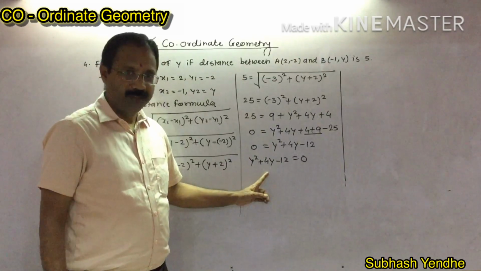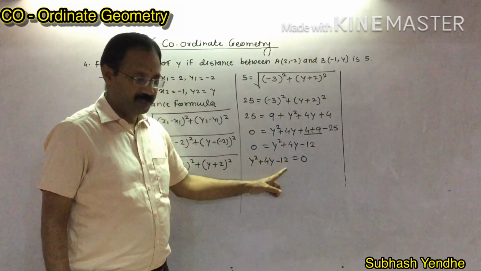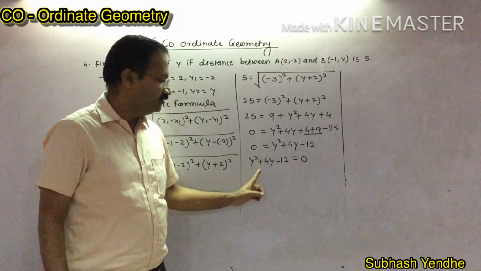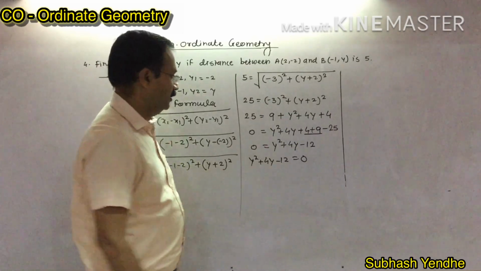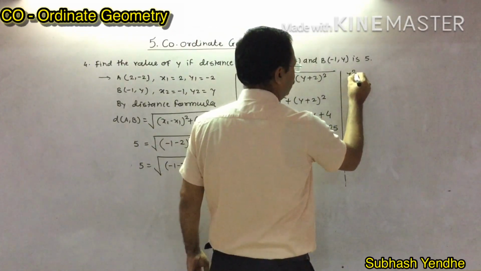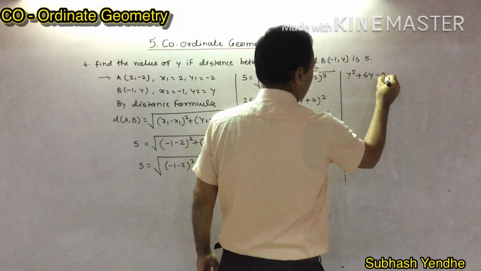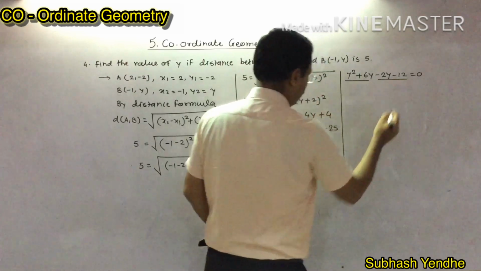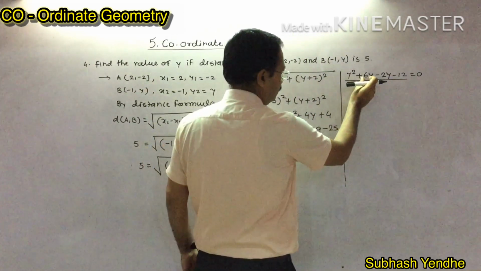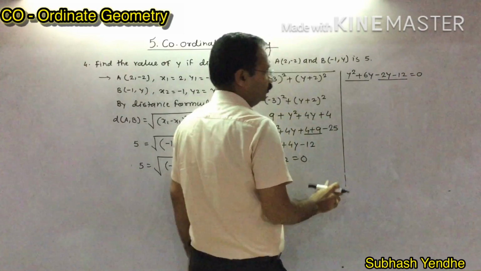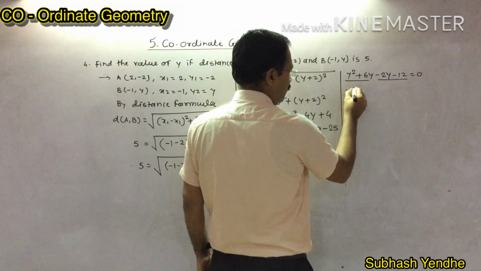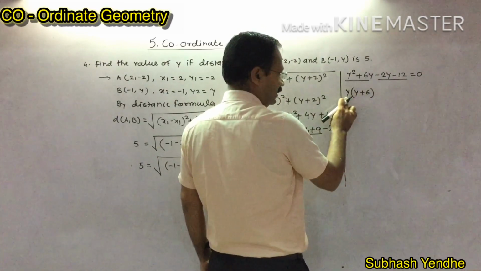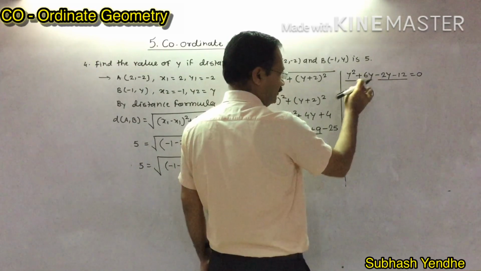So here we have to solve the quadratic equation. Multiplication should be 12 and addition should be 4. So 6 twos are 12. We can solve it like this: y² + 6y - 2y - 12 = 0. 4y is factorized as plus 6 minus 2. So let's take y in common here. So y + 6 will be in the bracket. From y², 1y comes outside. 6 will be as it is, y comes outside.